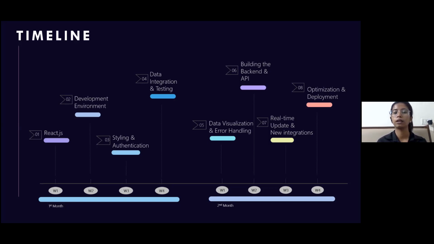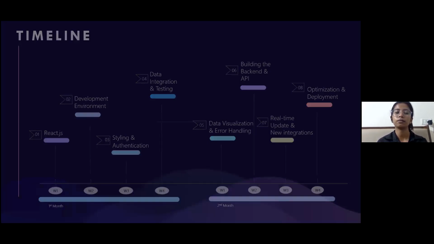So we will level up the real-time update using WebSockets and additionally, we will integrate the news API to the website. Now in the last week, we will do the optimization and deployment of the website. So that will be the last lab. We will optimize our application performance using techniques like code splitting and lazy loading. So there you have it, the roadmap that brings our real-time stock market data application to life in just 8